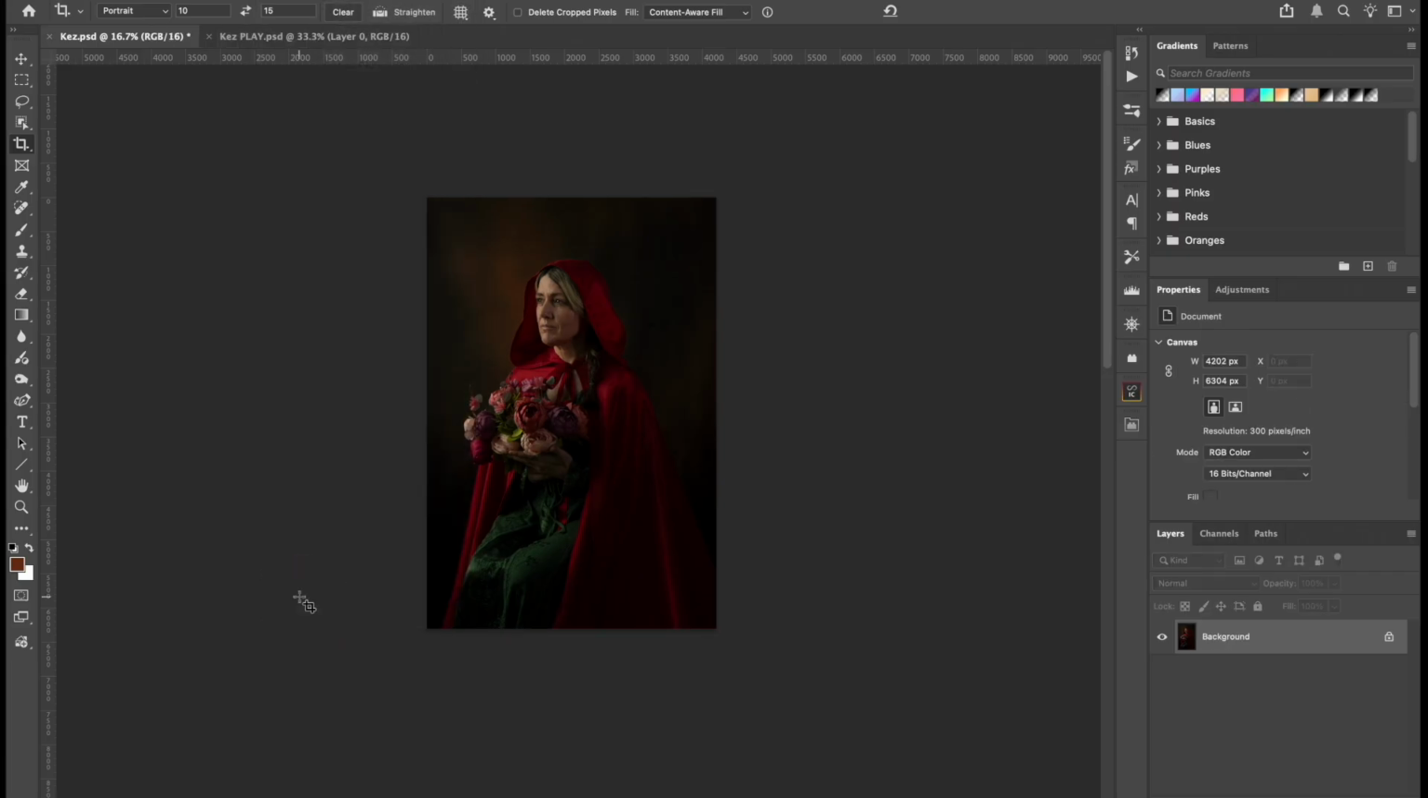So the only other thing that I'm going to do with this is put a vignette on, because a vignette will draw your eye more and more into Kez's face. And I've got a really good way of putting a vignette on. Most people paint it in with black, and this is a really good way of doing it. You don't need to do a duplicate layer here. You go up here to the rectangular marquee tool,